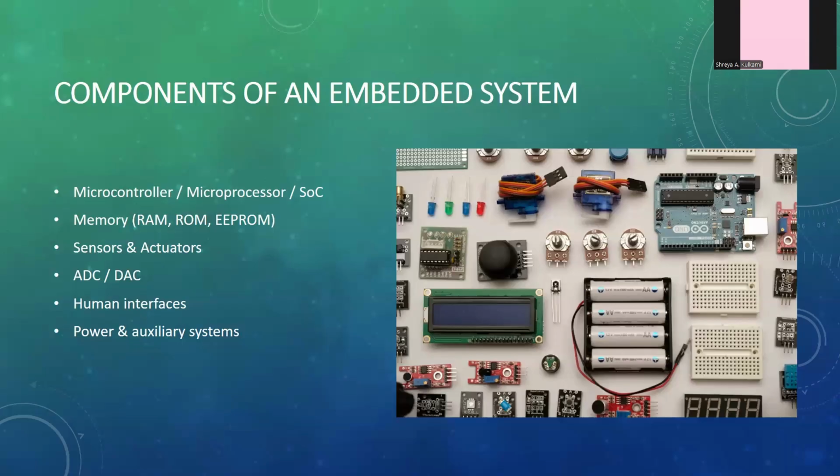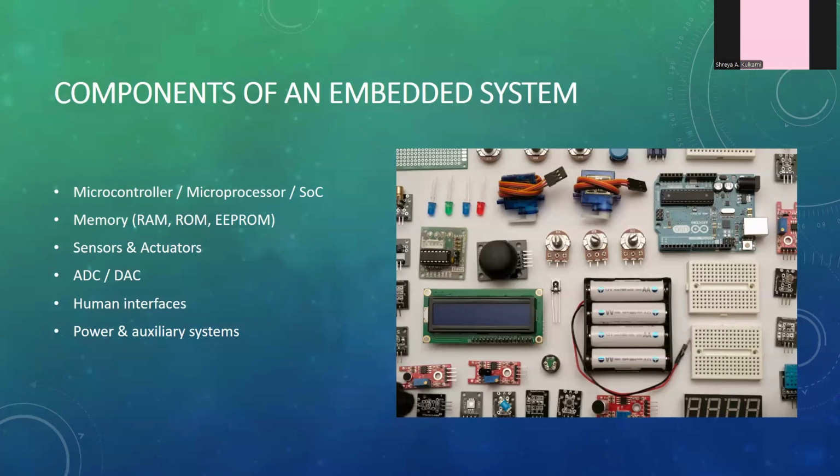And RAM is volatile memory. It needs a continuous power supply to retain the data. ROM is non-volatile memory. It does not require a power supply to retain the data. So whatever is stored once is stored permanently, till the lifetime of the memory element. Then we will be looking at the types of memory in the later slides.